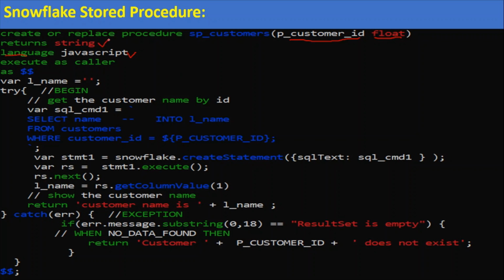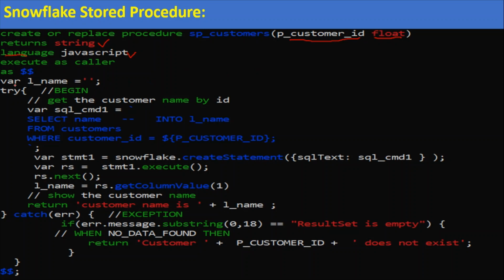Here also we cannot use number. Instead you have to use either string or float. We are going to return a string, because we don't have a package like dbms_output or a similar statement in Snowflake. That's why we use the return at the end of the procedure.